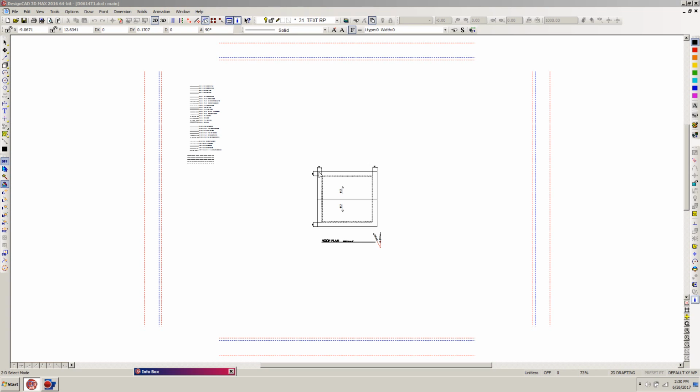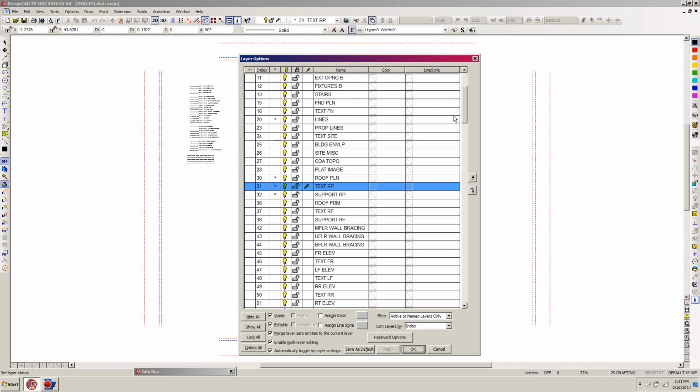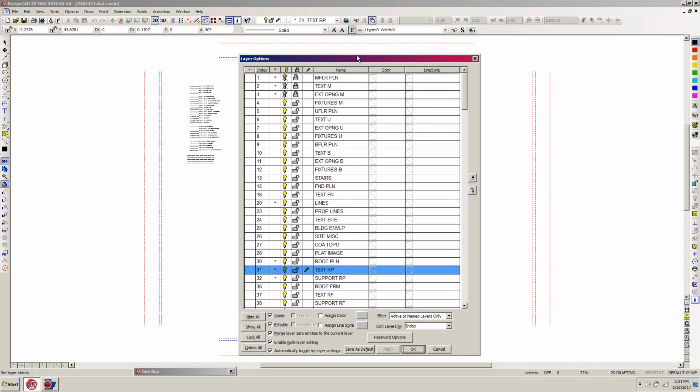DCAD Lesson 8, which involves the section drawing for our garage. I'm going to go ahead and call up layer 1 because layer 1 indicates where our garage door is. So I'm hitting L for layers, and I'm scrolling up to layer 1, which is the main floor plan, and